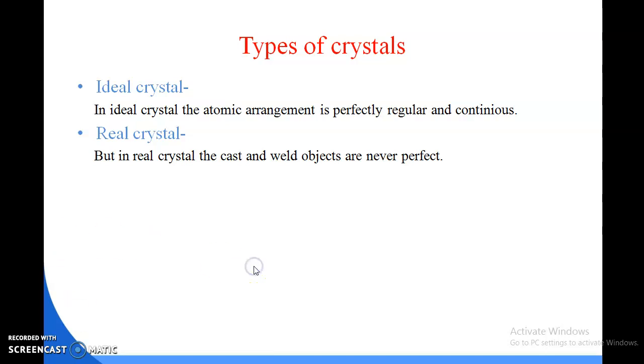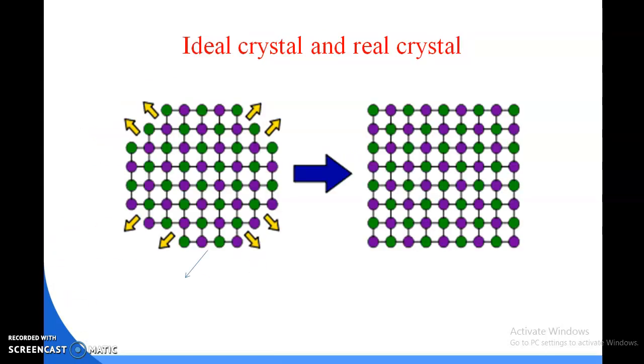Here is the diagram of the ideal crystal and the real crystal. Here the real crystal is this one and the ideal crystal is this one. In real crystals, the atoms or molecules are not continuous or not in a perfect arrangement, but in an ideal crystal, every molecule and every atom is in a continuous direction or perfect shape. So a crystal for which the finite extent of the crystal and its various imperfections and defects are taken into account is known as a real crystal.